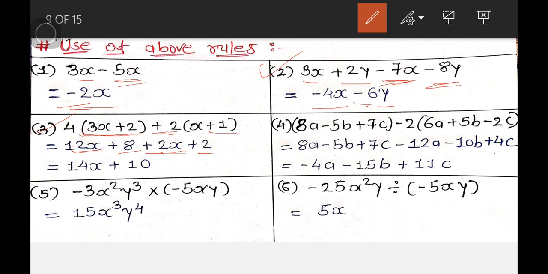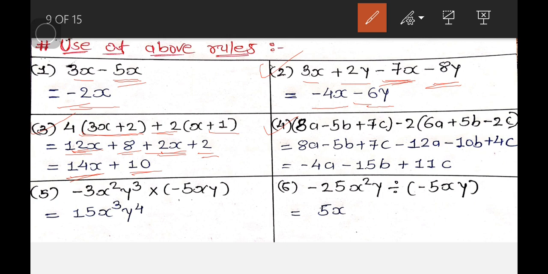So 12 and 2 have the same sign, so 12 plus 2 equal to 14x, and here both terms have the same sign, then we put a positive sign. Now for 8 and 2, so 8 plus 2 equal to 10, and both terms have the same sign, then we put a positive sign. Example number 4,